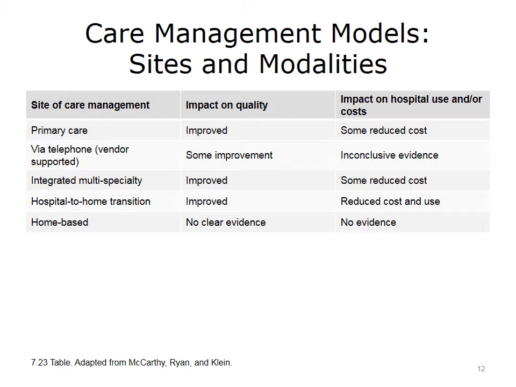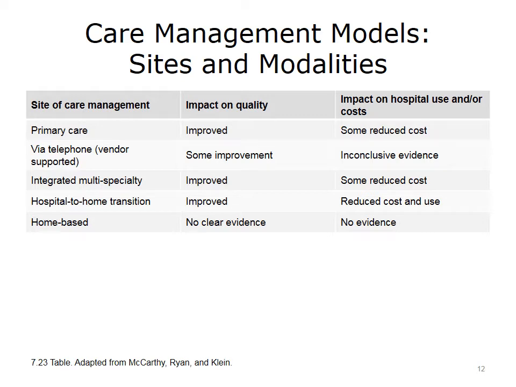And this is a summary of evidence based on care of patients with complex healthcare needs, reported by McCarthy, Ryan, and Klein. In terms of site of care, when care management and population health is included in primary care, we often find that we have improved quality of care. And in terms of the impact of those programs on hospital use and cost, we find some reduced utilization of